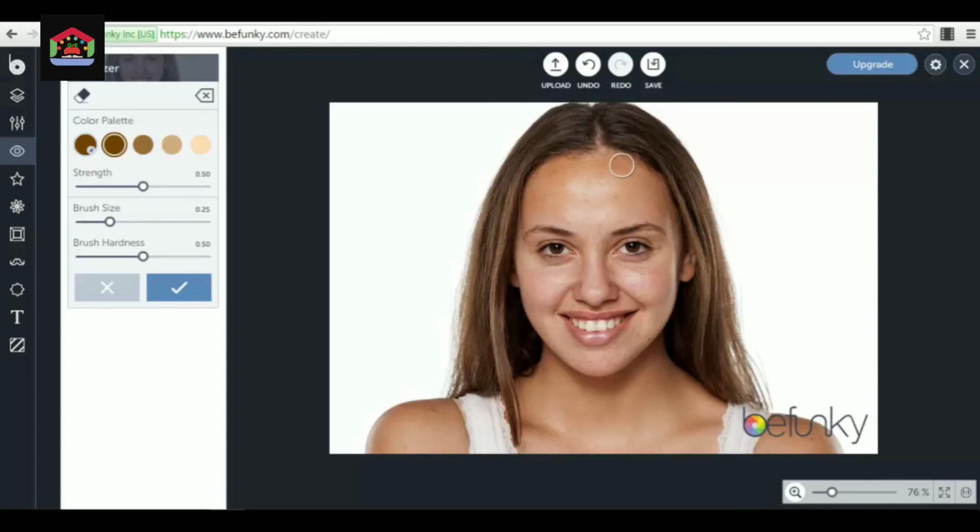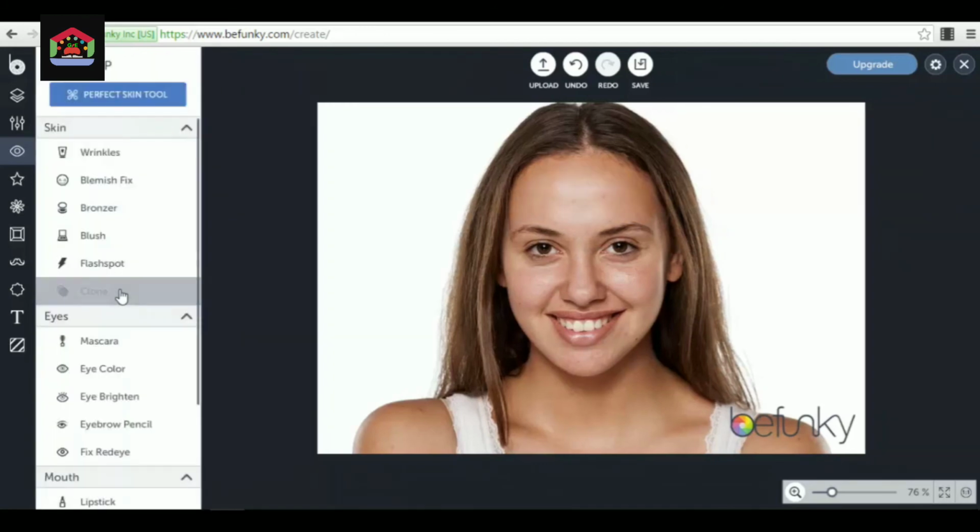I don't know if you guys can see in the example, but you can add the bronzer on a certain surface, and for example you can play with the strength, and if you have a look here in this area, it looks like this person is tanned. Okay, it was at a tanner shop or something like that. You can adjust the brush size, the brush hardness. You have different types of colors for the bronzer, so this is a very cool effect also. As you can see, you can do a lot of things with the effects that BeFunky has.